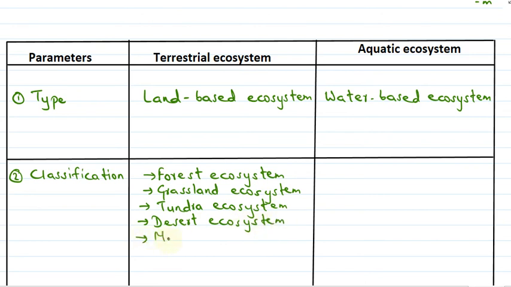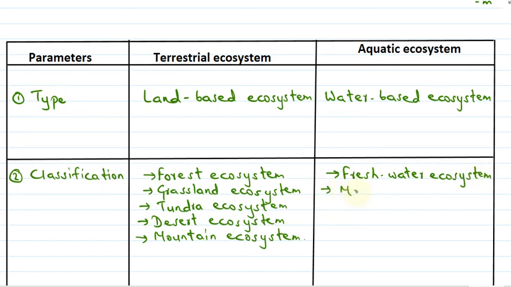And there are mountains, which we can say mountain ecosystem. Now coming to aquatic ecosystem, this can be further divided or classified as freshwater ecosystem and marine